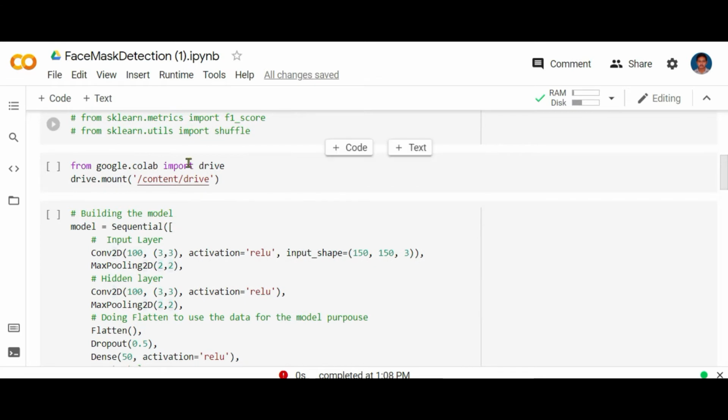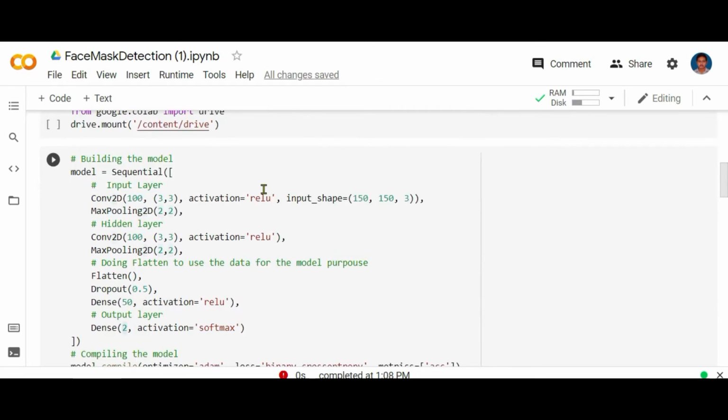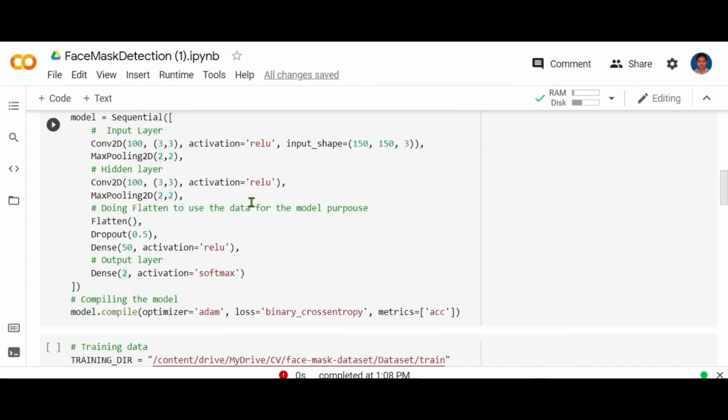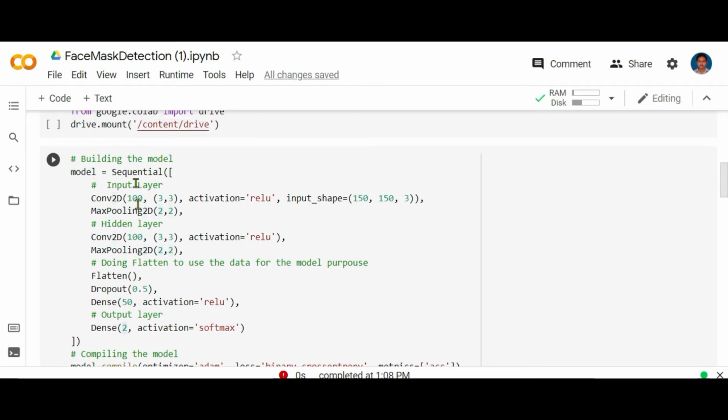Now I have mounted the Google Drive, and now going on to building the model. I have initialized all the layers into the sequential model. First is the input layer, where I have initialized 100 neurons, all with a 3x3 matrix, and the activation function is relu, and I initialized the shape as well, which is a color RGB image.